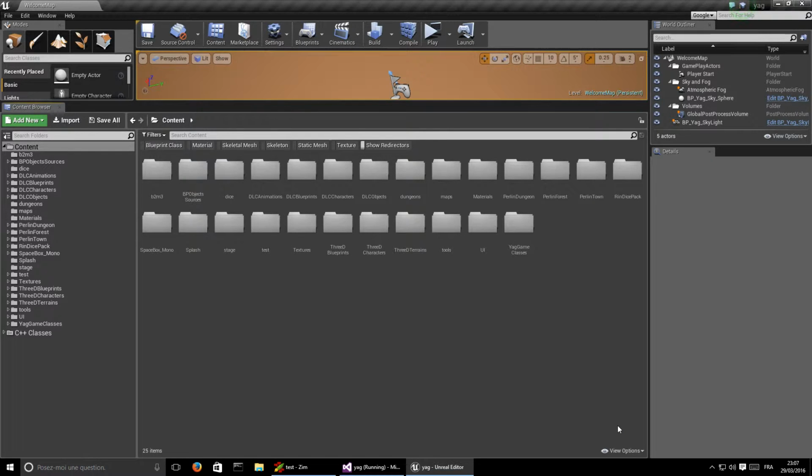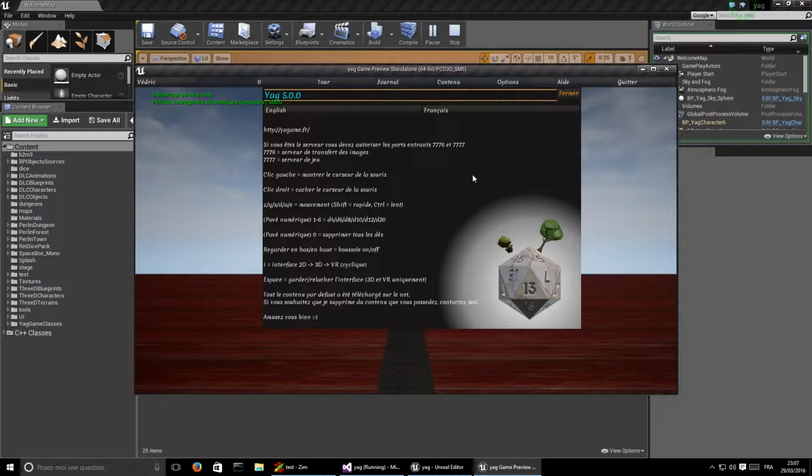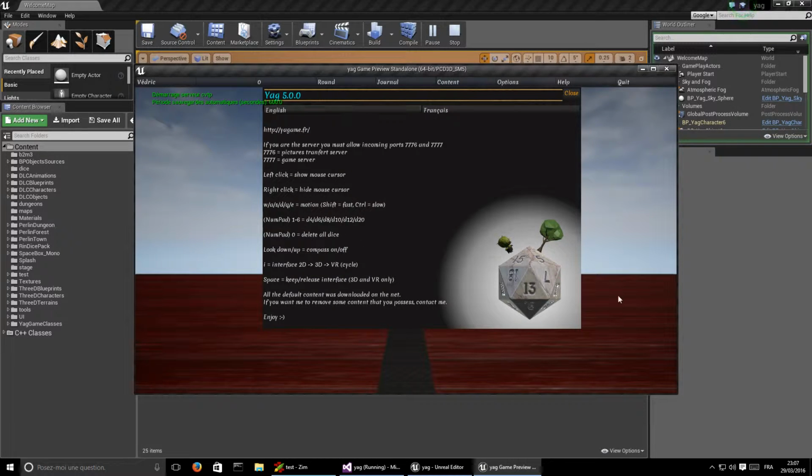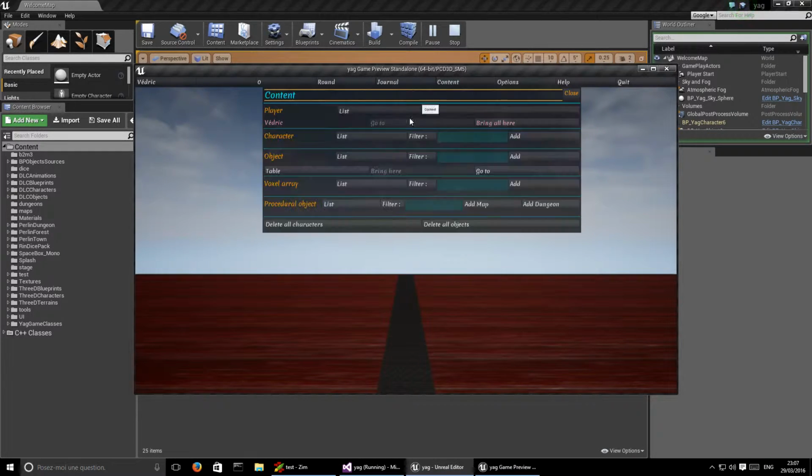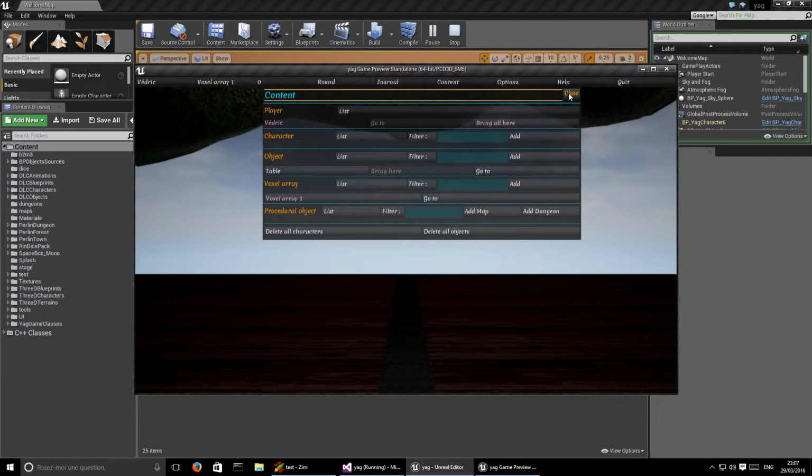Hey everyone, a short update because I started to work on how to modify the terrain in real time, and the first results are quite fun. So let's go to English here, modify my keyboard so I get my controls right, and I can now add a voxel array